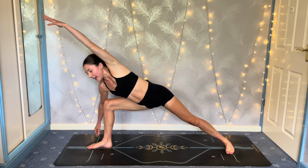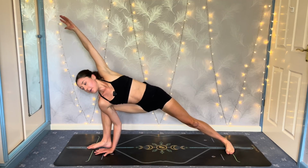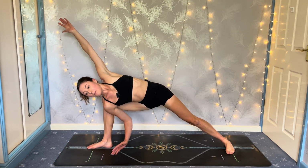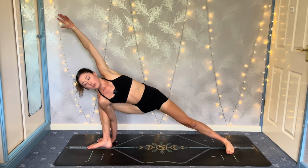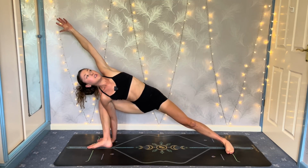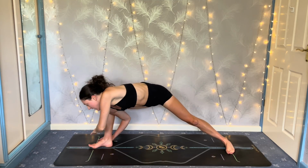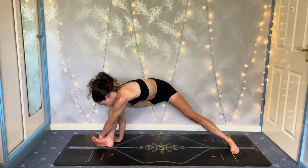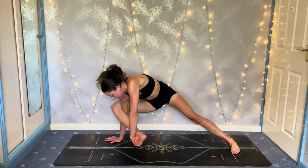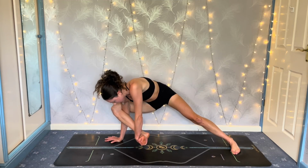Now bring your right hand towards the inside of your right foot and then tuck it around the back of the ankle so the hand steps back outside of the foot, but it's threaded underneath the right thigh. Bring your left hand to catch the outside edge of your right foot. Lift the foot. Maybe you just hug it around the right arm and this is where you stay, or maybe